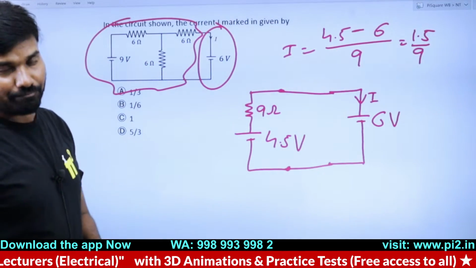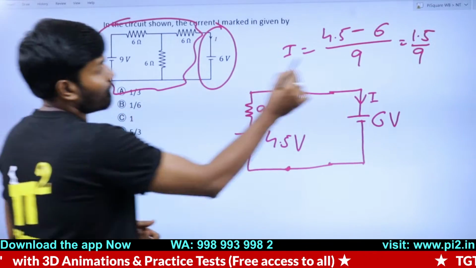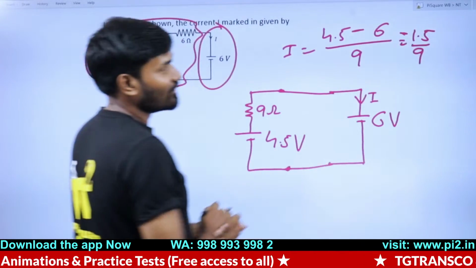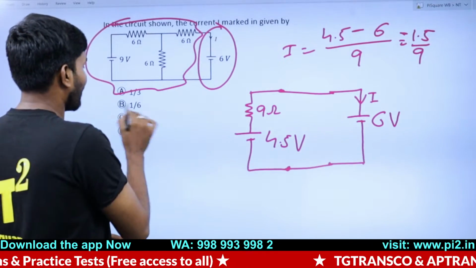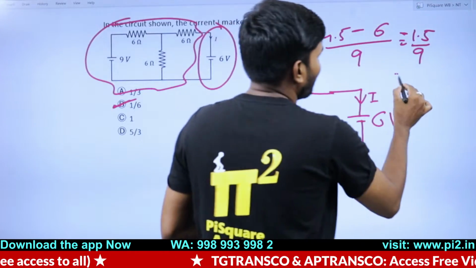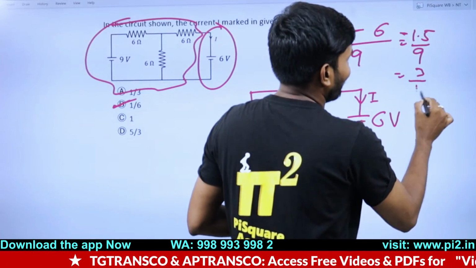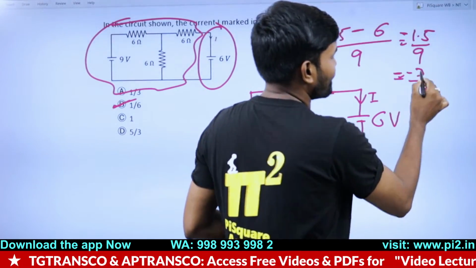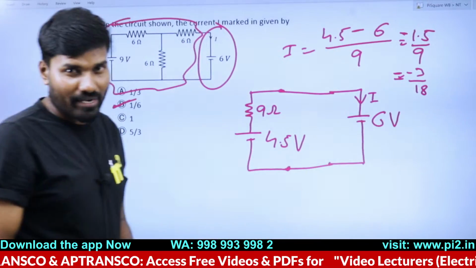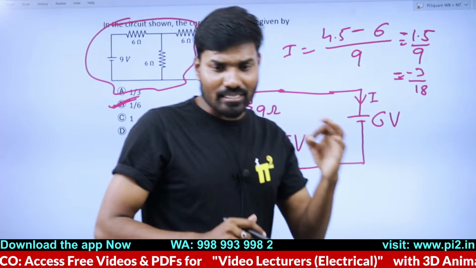1.5 by 9. Okay. And you will get, sorry, minus 1.5 by 9, I mean. You will get 1 by 6. You will get 1 by simply 1.5, just multiply twice. So 3 by 18 minus 3 by 18 is this. So 1 by 6 minus 1 by 6 is this. Okay. Did you learn something, guys?